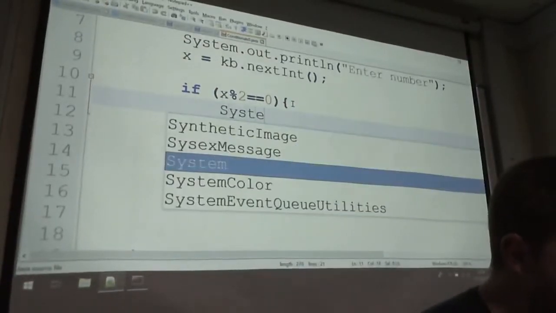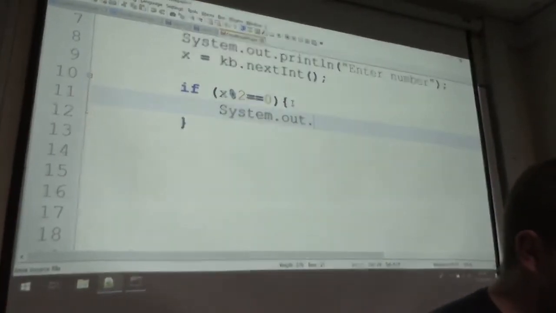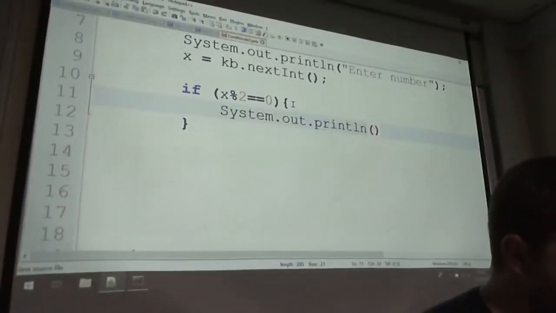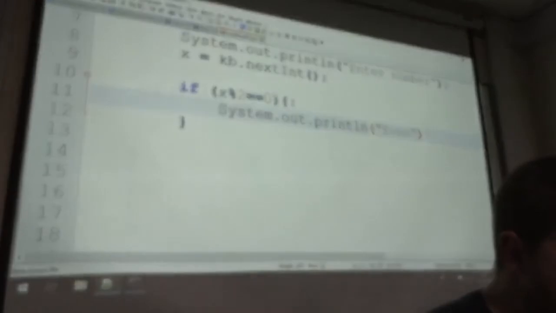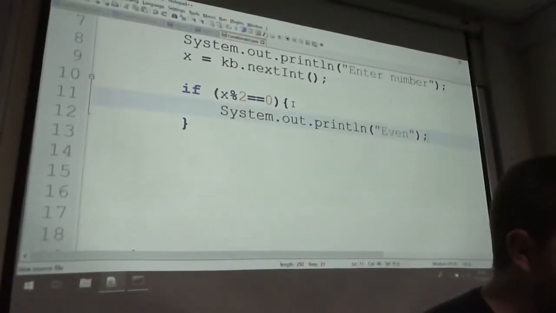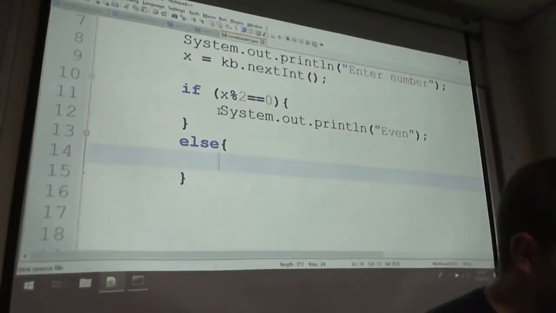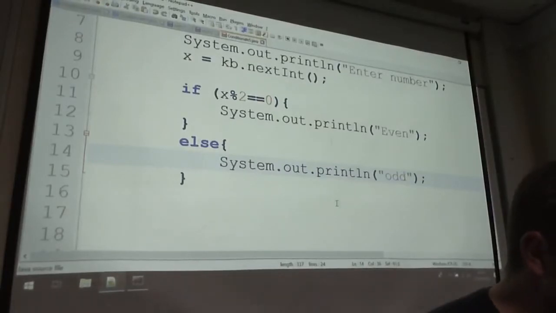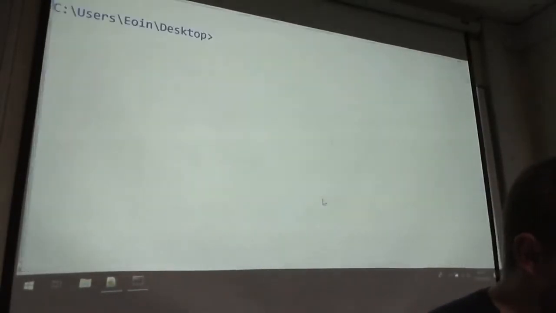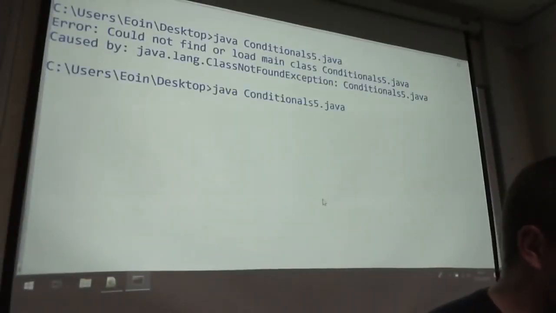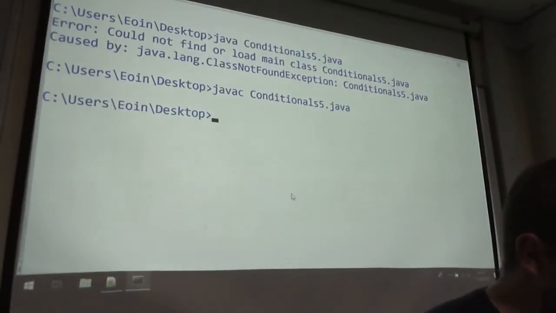then we're going to say System.out.println. We're just going to be very simple here. I'm going to go even. Put a semicolon here. Otherwise, well, if it's not even, it must be odd. Save that. Going through here. No, I'm not using the right command. That's fine. Compile file. That's okay. And then